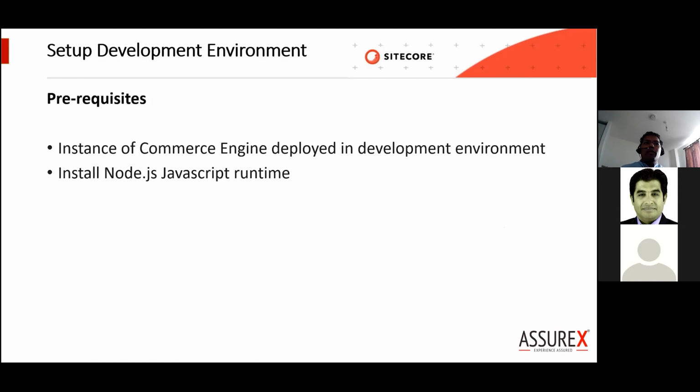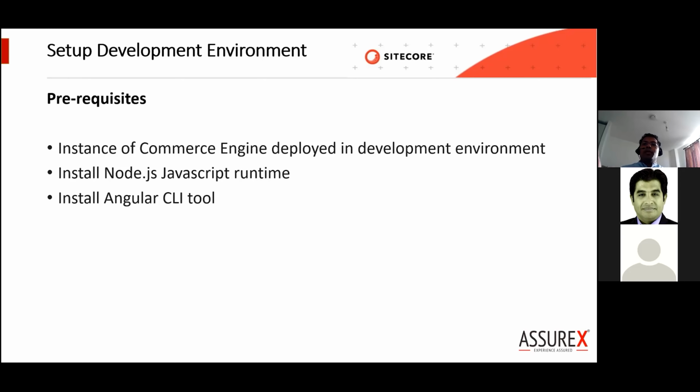You need to have installed Node.js, which will help us build and run on the JavaScript runtime instead of on IIS, so that whatever changes you make, you are able to see it quickly on this instance. And since it's built on the Angular framework, you need to have the Angular CLI tools installed before you could start anything.